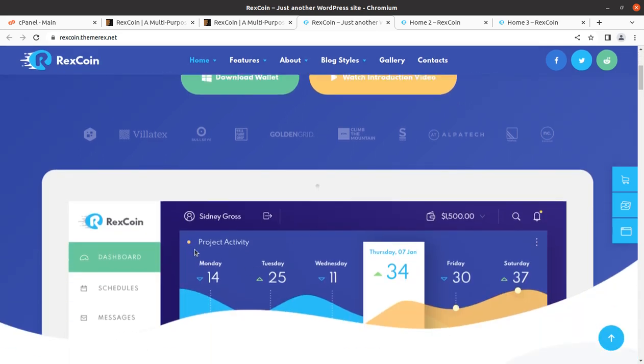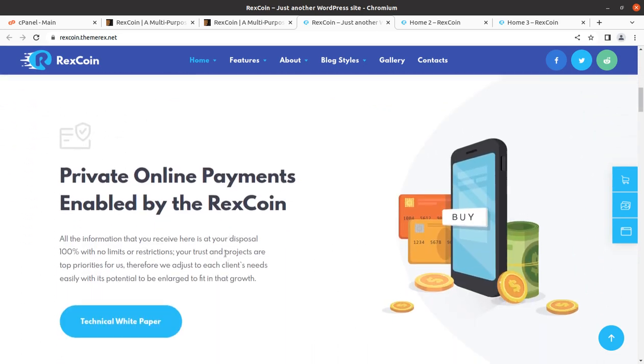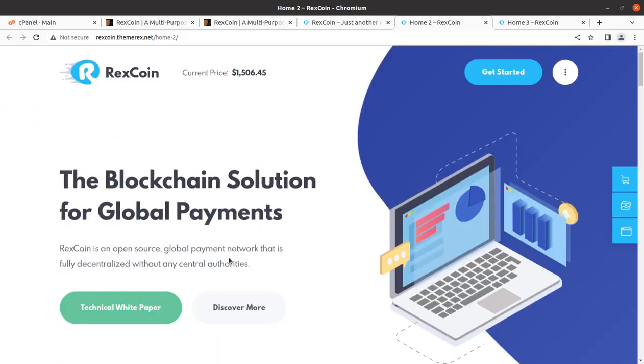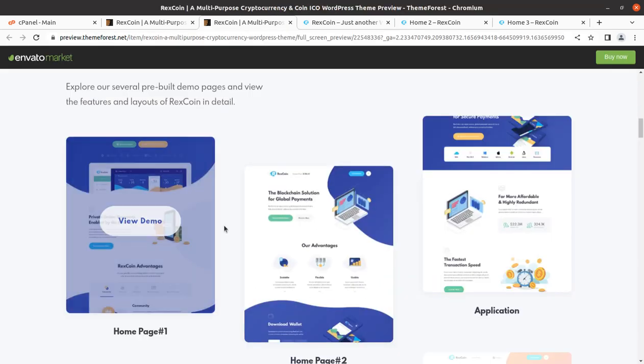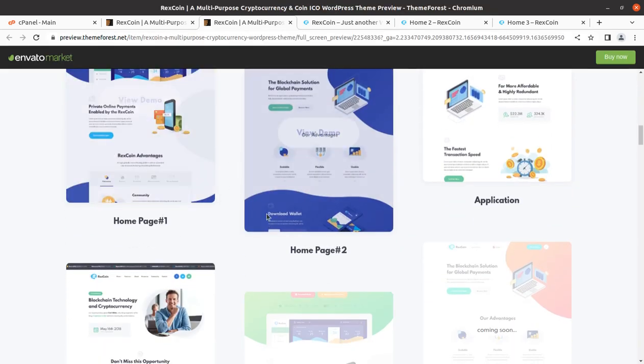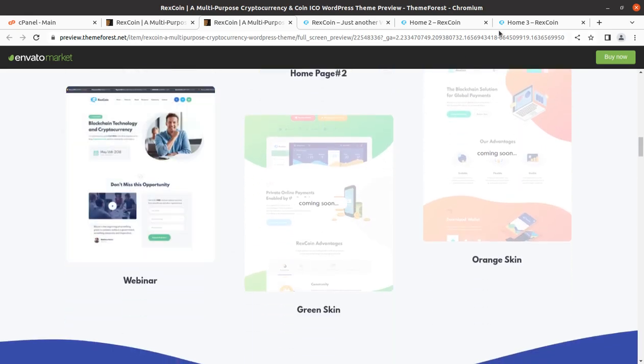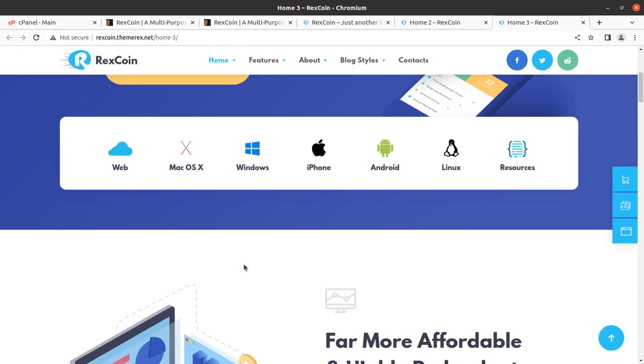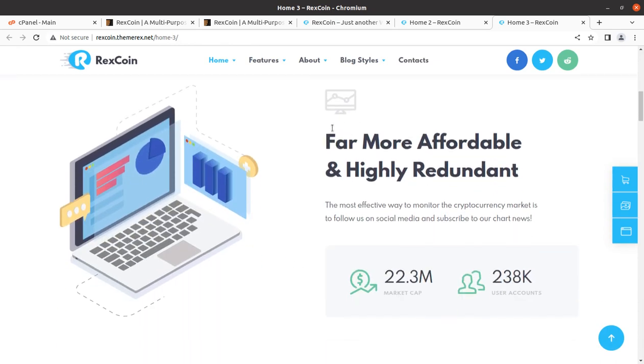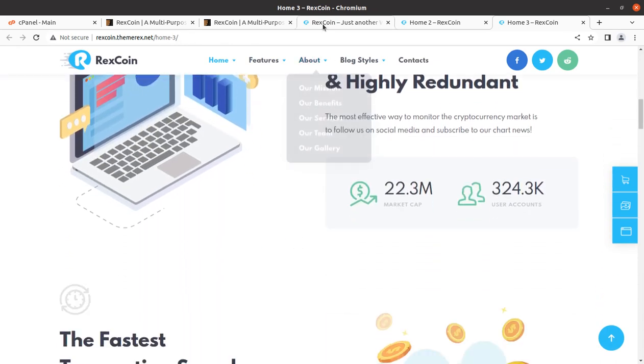So let us overview the complete features and functionality of the RexCoin WordPress theme in this video. RexCoin comes with multiple pre-made websites. Multiple demo websites are available. You can use these demo websites for your upcoming website project. And in this video we are going to create one demo website as well to overview the theme function and